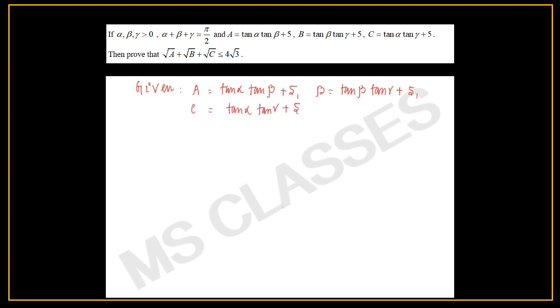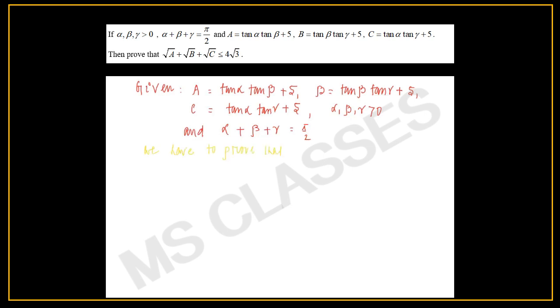Here α, β, γ are all positive, and α + β + γ = π/2. We have to prove here